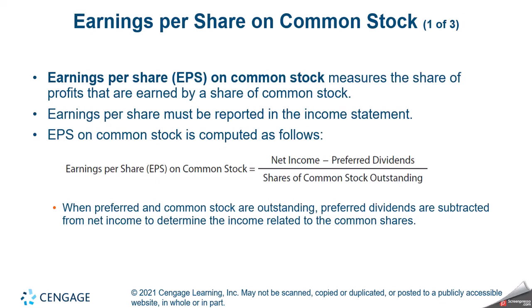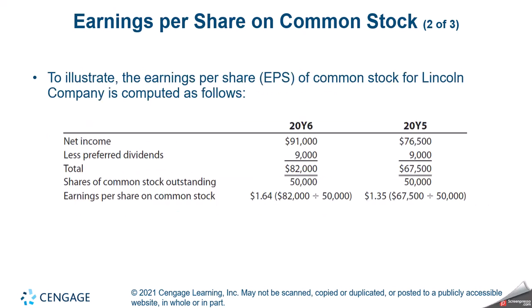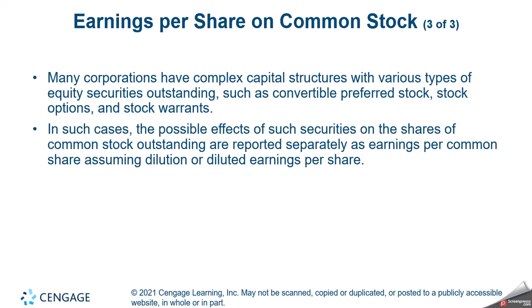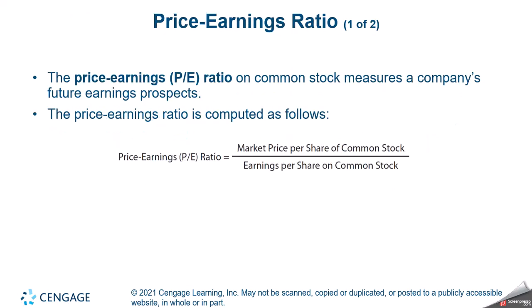Then our earnings per share is our net income, again subtracting the preferred dividends, divided by our common shares outstanding. So that's our earnings per share on our common stock. We calculate the income, subtract out those preferred dividends, and divide that by our number of common shares outstanding to get to that number. Sometimes that number will actually appear right on the face of the income statement for a